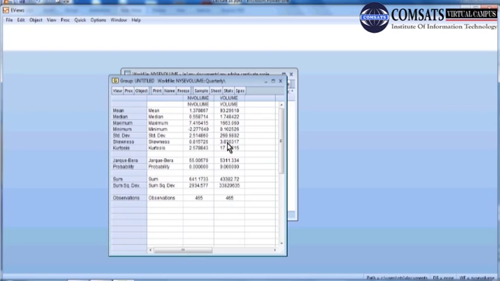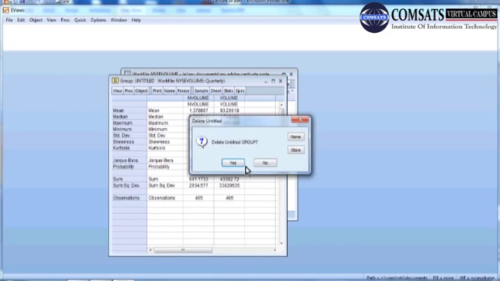The skewness is controlled. Let me show it to you.